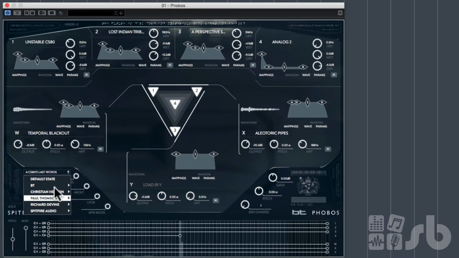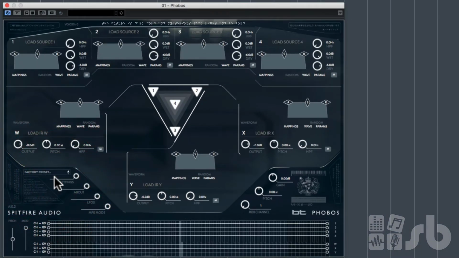I could just go through all of them, but what I'm going to do is go to the default state, which is essentially nothing loaded. So if I hit a note on the keyboard, you'll see the little grey keyboard down the bottom there move up and down, and you can see me hitting the keys, but there's no sound coming out because there's no sound sources. And what I'm going to do is I'm going to create a sound and show what this kind